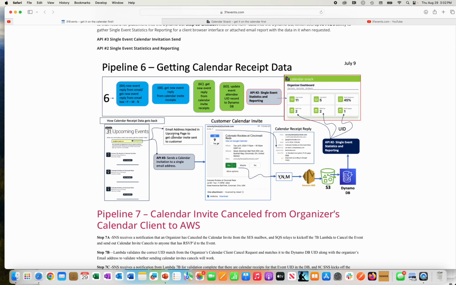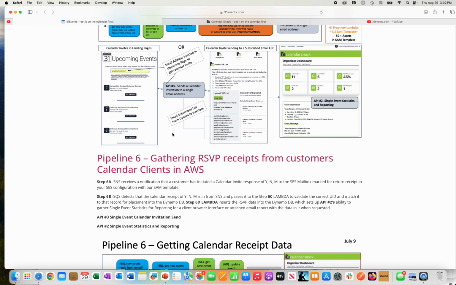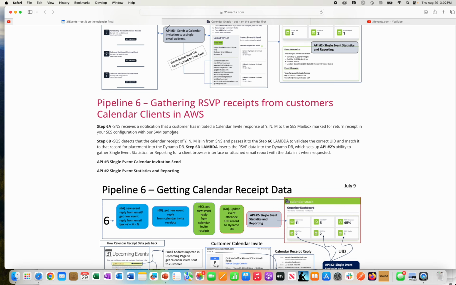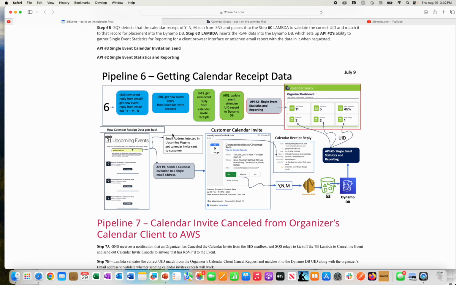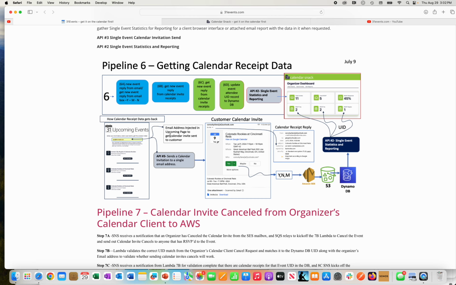Pipeline 6 I just reviewed. Pipeline 6 at a detail level is where we get the calendar receipt data. The calendar receipt data is pulled out of this message workflow I just looked at in depth, and that picks up all the yes, nos, and maybes from anybody's calendar receipt, and then we ingest them to S3, and then we display them in the organizer dashboard up here. So that's the ingest pipeline and how we ingest and reverse a call receipt from the calendar client itself down to the end user, and then we ingest that back